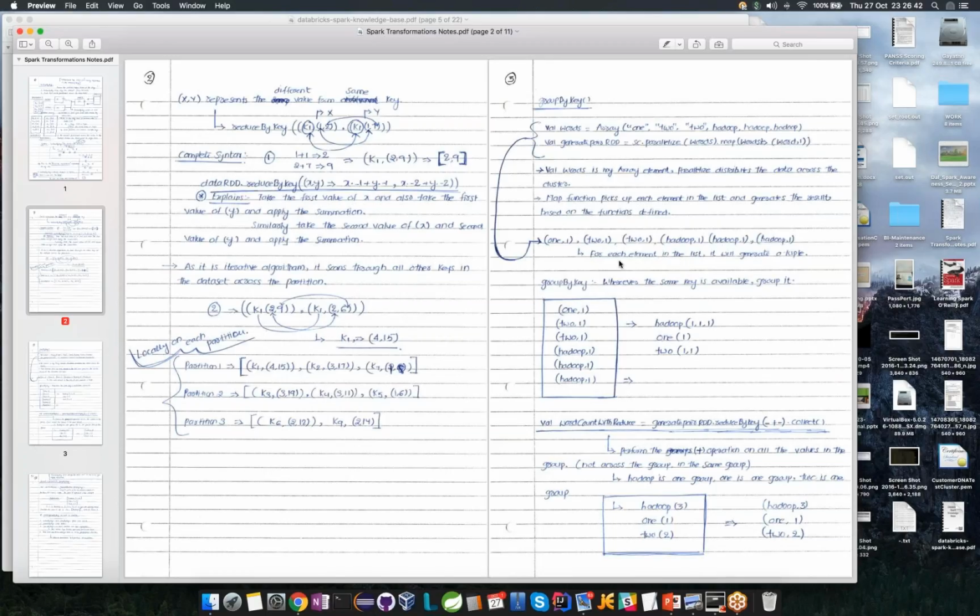Okay. Got it. And now group by key, wherever the same key is available, group it. So okay, we have seen the reduce by key. Now we are grouping it based on the key. 1 2, I have 2 here, and so 1 will be 1, 2 will be the 1 comma 1, Hadoop 3 times, so 1 1 1 3 times. And now